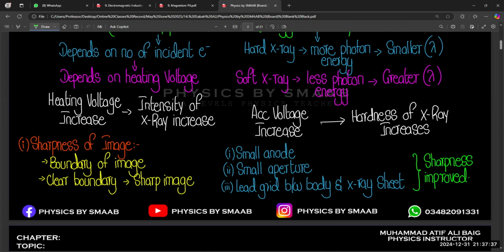Because contrast means the difference between black and white color. X-ray is completely black and white, there is no other color used in X-rays. So let's suppose your X-ray is not very clear. There are two possibilities: either sharpness is not present or contrast is not good. We discussed sharpness. If you are getting very thick edges or thick boundaries of the bone, it means that the X-ray is not sharp. But if you are getting a very sharp image, but there is very little difference between black and white, like white is not very white and black is not very dark black, it means contrast is low, right?